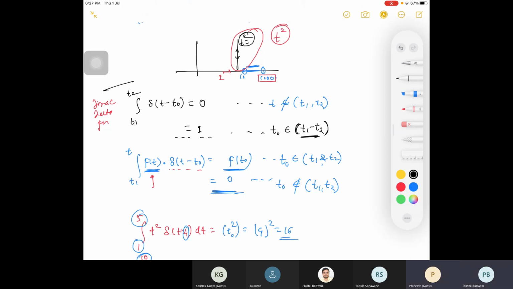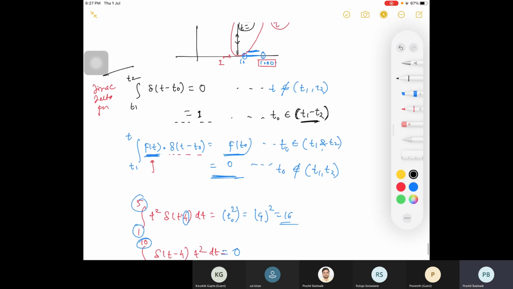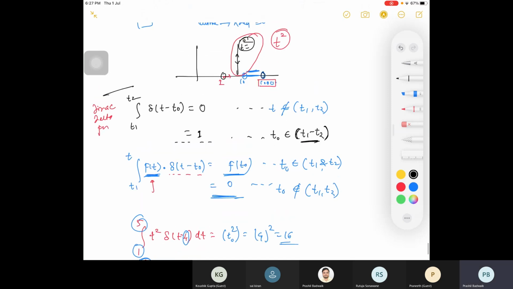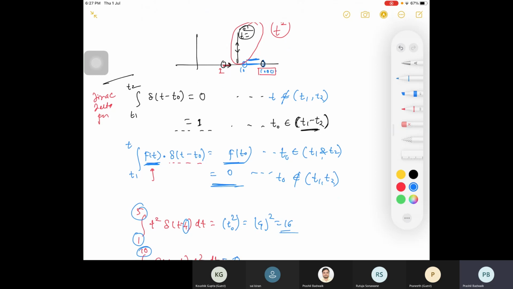So at t1 and t2, when you start integrating, you will start from that point, right? So can you guys please guess what should be that condition? Will it be included or will it not be there? It will be included, right, because you will start from that point and you are moving to your final value. So whenever I am writing this t1 and t2, this point must be included.